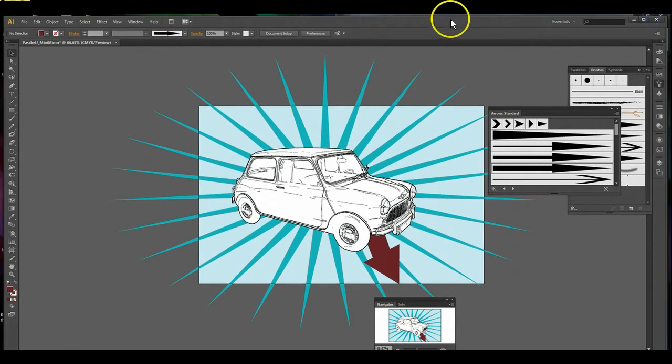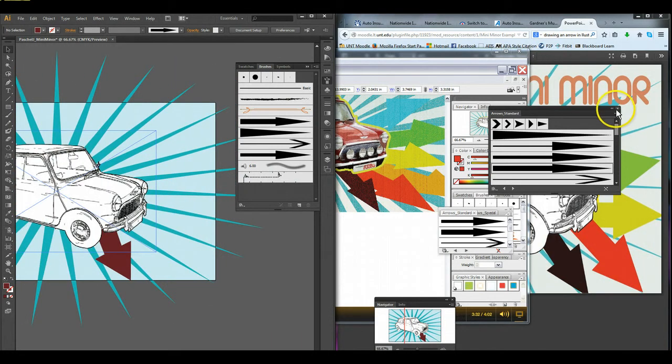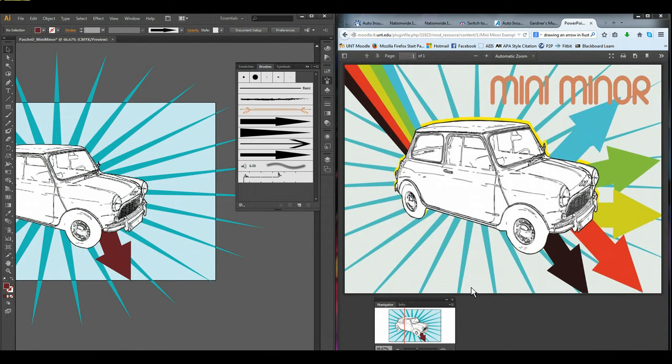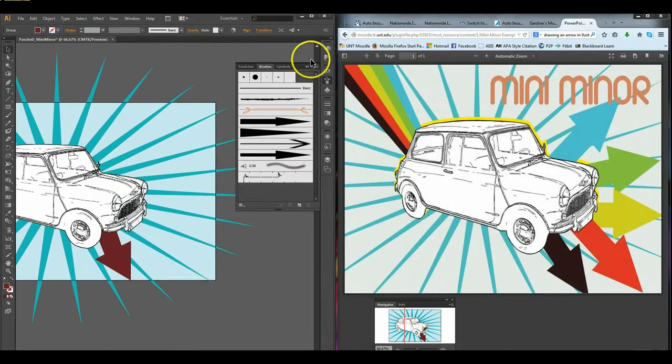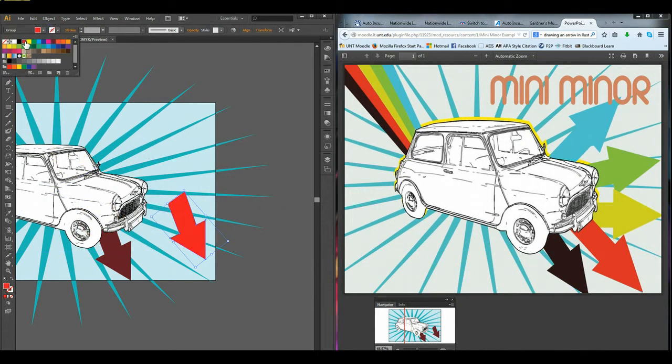Okay, so from here we're going to work on the other arrows. I'm still going to split my screen really fast one more time. I'll probably delete all this so you can see better. Okay, so next what we're going to do is select our arrow, go Edit, Copy, Edit, Paste. I accidentally got rid of my split screen. Okay, so now I'm going to go ahead and change the color. I'm going to change it to a red, and I'm going to drag it over here